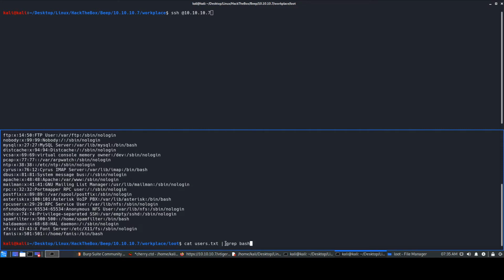This is the pipe command, right? It is piping two of the commands which we are giving. First it will execute this, and after executing this, it is going to pipe it. That means you have to pipe it with the second command, that means the grep for bash. First it will open this file using cat users.txt. Then it will check for only bash commands which are present, and it will display those lines only.